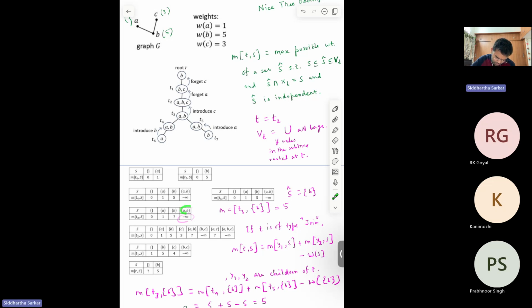S is A comma B, XT is ABC. So any S cap intersection ABC, you want it to be AB. So AB you want to take for a fact. AB will take, and you will take something else. Okay. So as soon as you take AB,